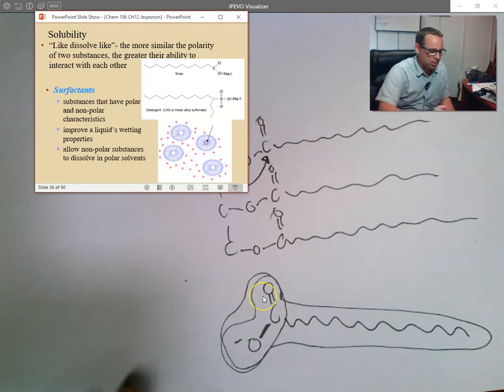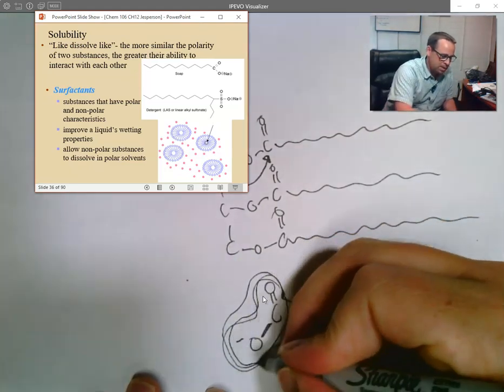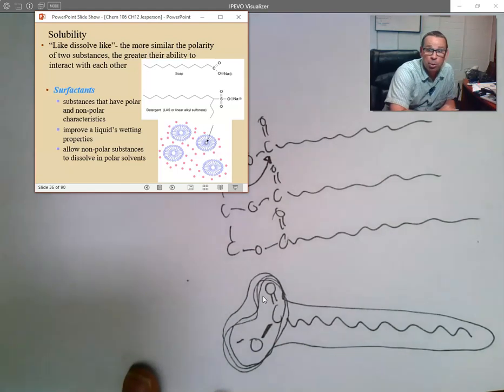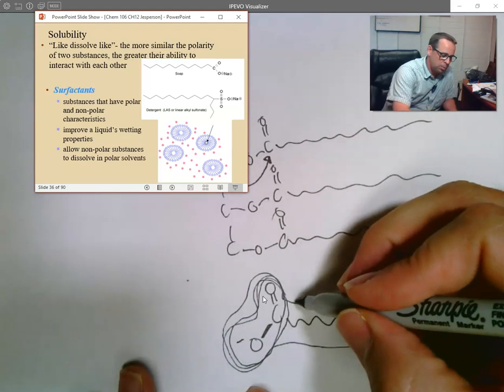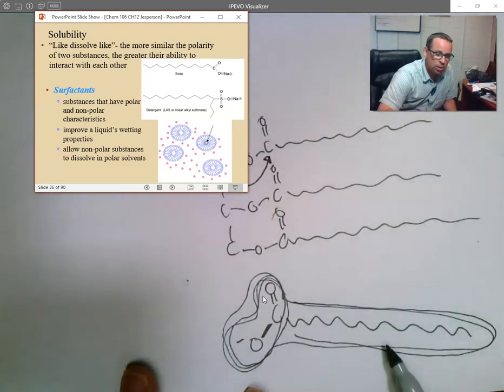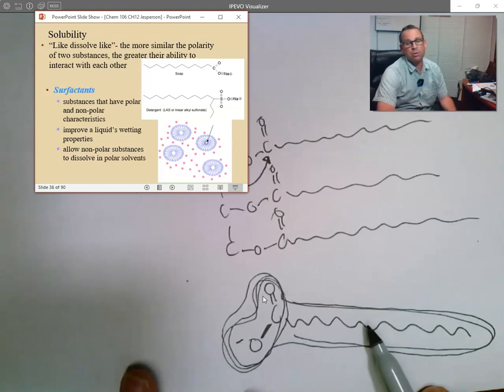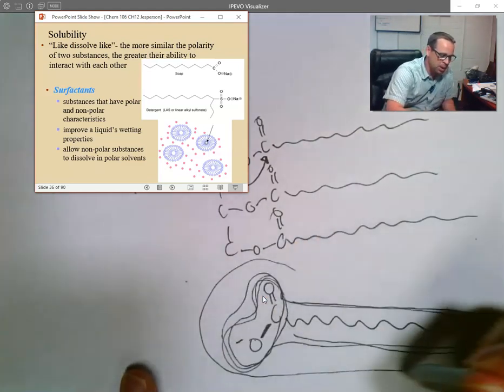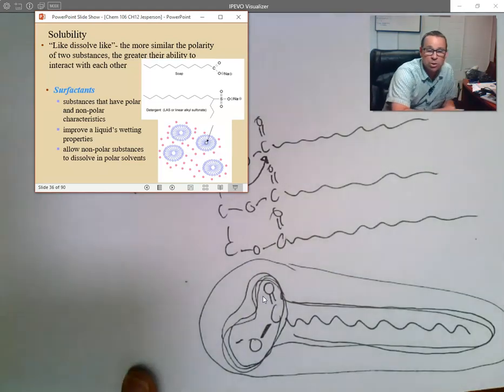This polar head here has the ability now to undergo some strong dipole-dipole interactions, maybe even some hydrogen bonding. But this tail here only can undergo London forces. It only interacts with other compounds through its London forces. And so this molecule becomes what we call a soap or a surfactant